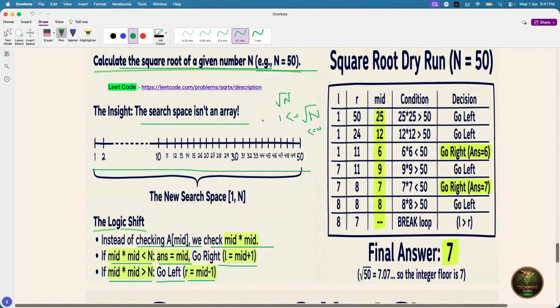So for getting the square root from 1 to 50, what will be our search space? L will be equal to 1 and R will be equal to 50. So what will be our mid? Mid will be 25. Now we will check this condition. Since 25 into 25 will be equal to 625, which is much higher than 50, we will move towards the